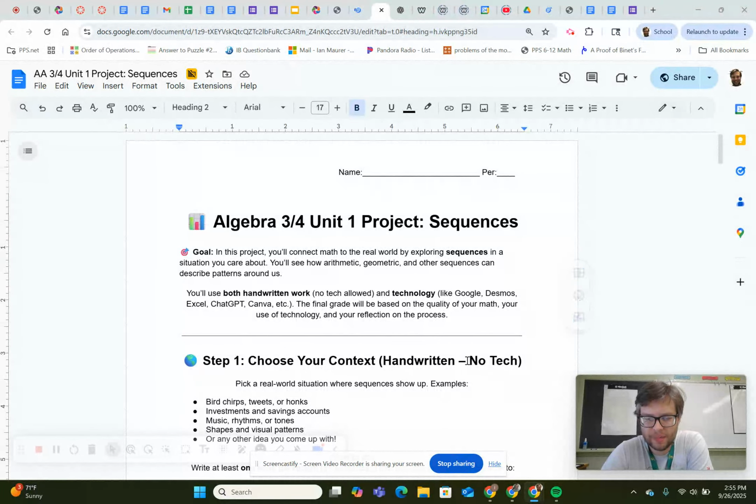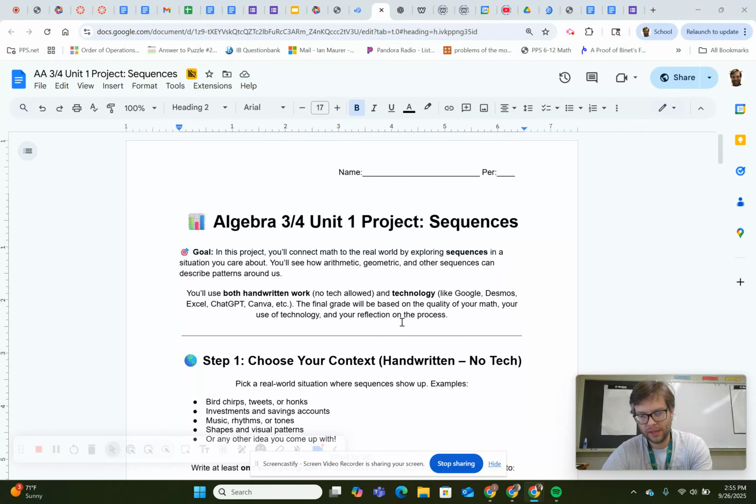All right, I wanted to take a couple minutes and just go over this project that I've been asking you guys to do. It's a little bit of a wacky project that goes back and forth from having to write things out by hand and then doing part of it using AI and using whatever technology you want to do. So, big picture, what I'm trying to do is give you a chance to take what we're learning about,